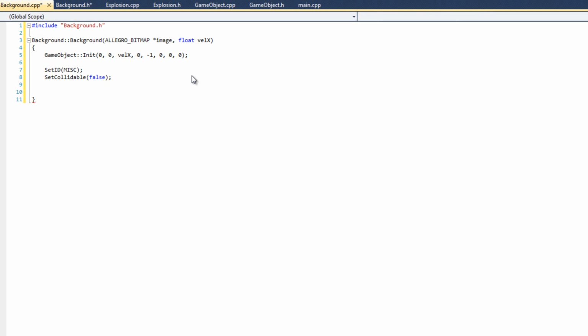There we go. And we're going to do background image equals image. And in this particular instance, since we're not running animation like we have in the other, like our comet and our ship, our frame width is going to equal al get bitmap width. And we are going to pass in